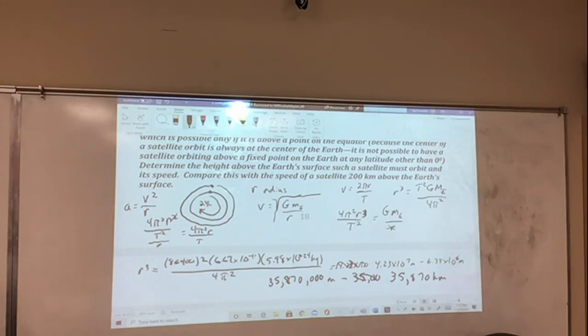And then I took the cube root of all of that and got 42,300,000. I subtracted the distance from the center of the Earth to the surface of the Earth. And so it should be 35,870 kilometers above the surface of the Earth. Okay, and at that point, at that height, it wants